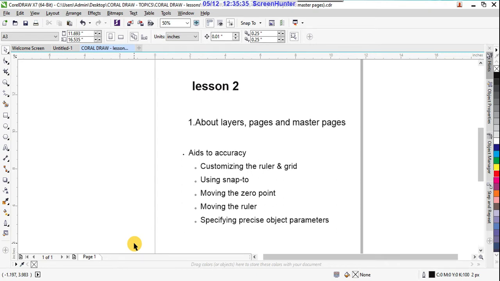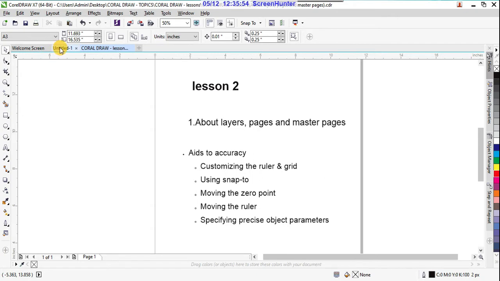Those kinds of designs you can make using CorelDRAW. That is the reason we first have to understand layers, pages and master pages.